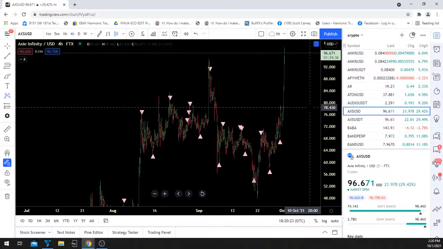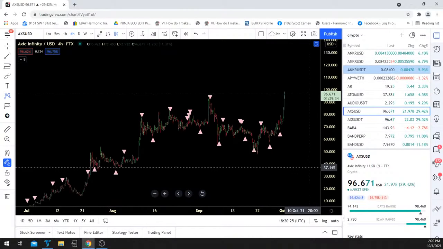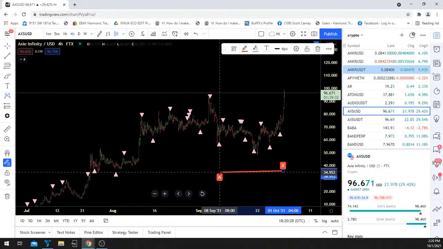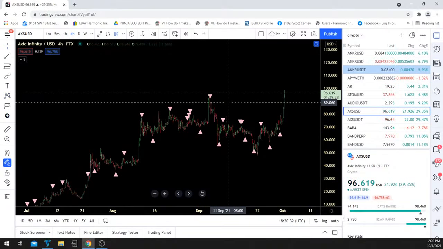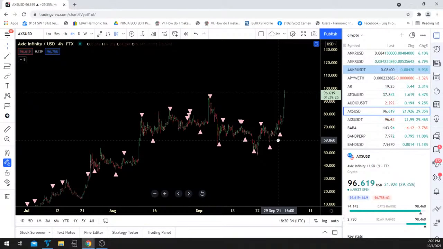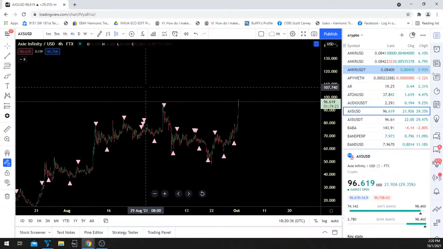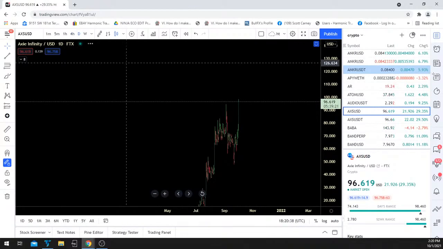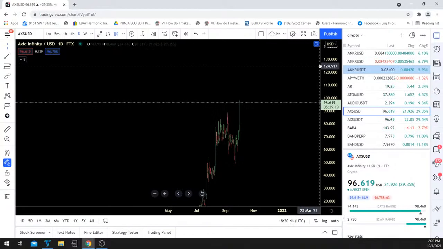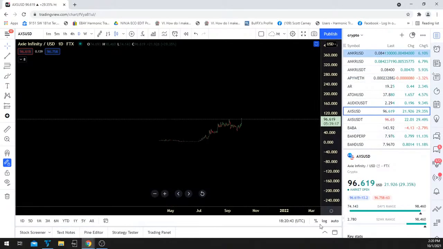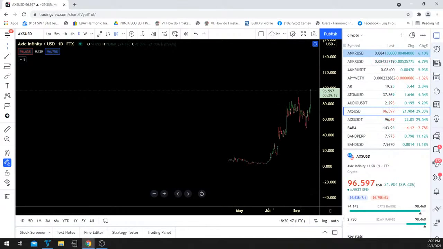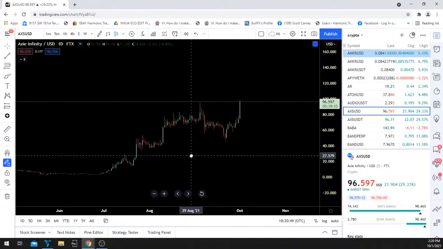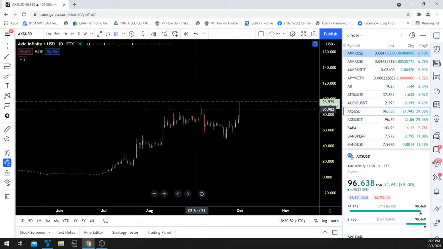It's already mooning, but you wait for the pullback like this. That last pullback was insane, from 90 down to 50. But if you're playing something that's going to be a longer term daily continuation, maybe you start looking at that, because if this is a larger breakout for a crypto like this, a lot of them